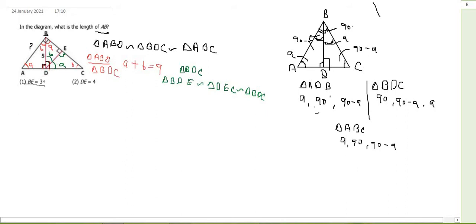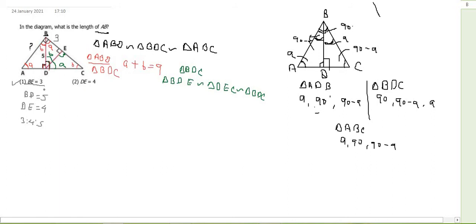Okay, so if the length of BE is 3, we already know the length of BD, right? BD is already given as 5. Can we say the length of DE is going to be 4? Because triangle BDE is a right angle triangle. 5 is the hypotenuse of that triangle. One of the side lengths is 3. So it's a 3, 4, 5 Pythagorean triplet. So definitely your DE is going to be 4. Okay, so from this statement we got the value of this. Let's see if this is sufficient.